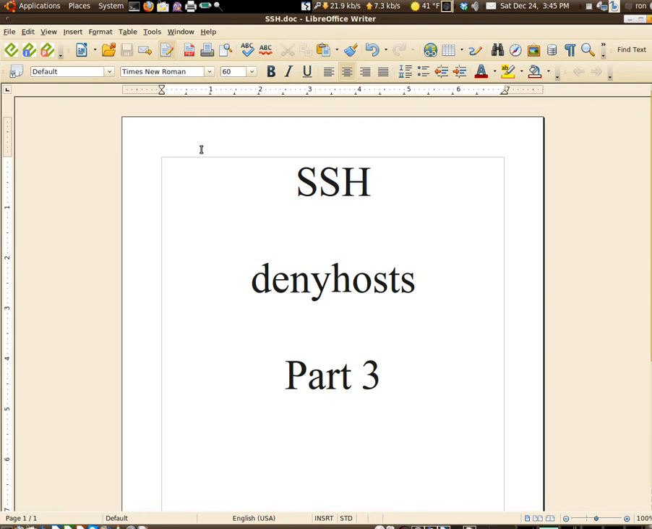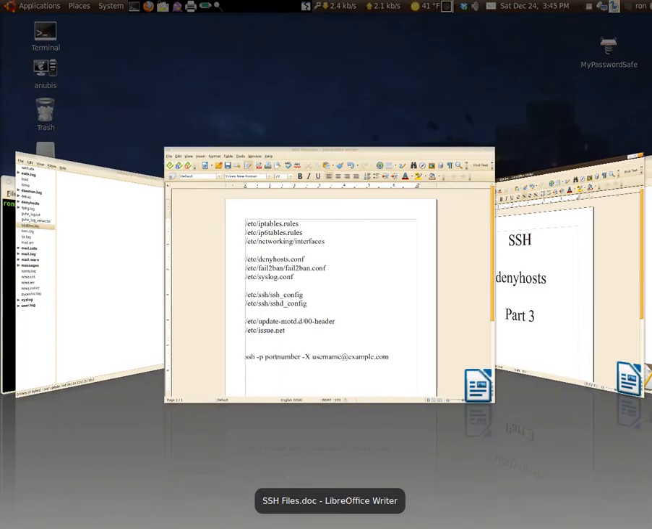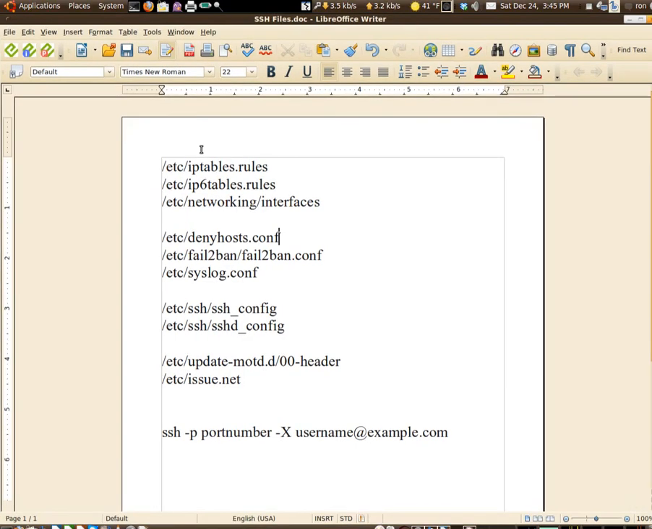So we're going to do a quick little review here, and I'm going to fly backwards. You've seen this screen before in the first video. We've already dealt with /etc/iptables and /etc/ip6tables, and of course /etc/network/interfaces. So that was all part of the part 2 video dealing with iptables. In this video, in part 3, we're going to cover